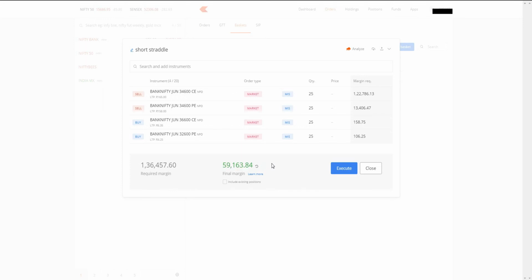Make sure you understand the risk: the risk is the buy quantity that you hold. So this 158 and 106 could be a loss for you, because at the end of the day, due to decay, you will not have this amount in your hand. It will be reduced. If it is a Thursday, it is going to be zero, or on other trading days it could be a fraction of the amount. So make sure you are ready to lose this amount.